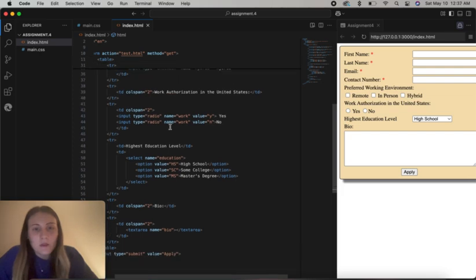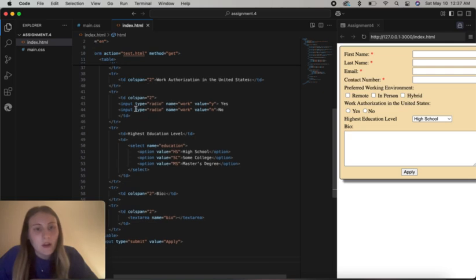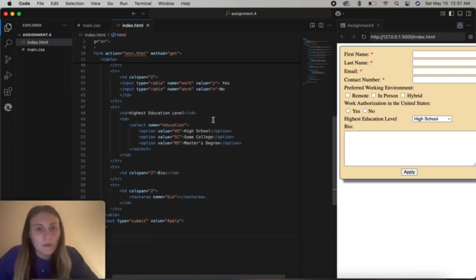And then we're going to do the same thing for work authorization. Colspan equals 2. And then our input type is going to be radio, name work, value Y for yes, and same thing for no. And then we're going to move on to the highest education level, and the select name